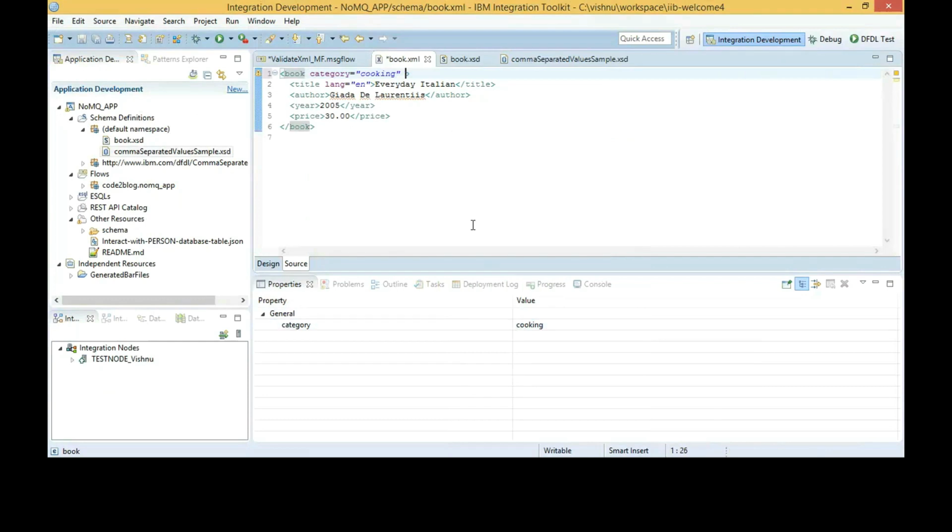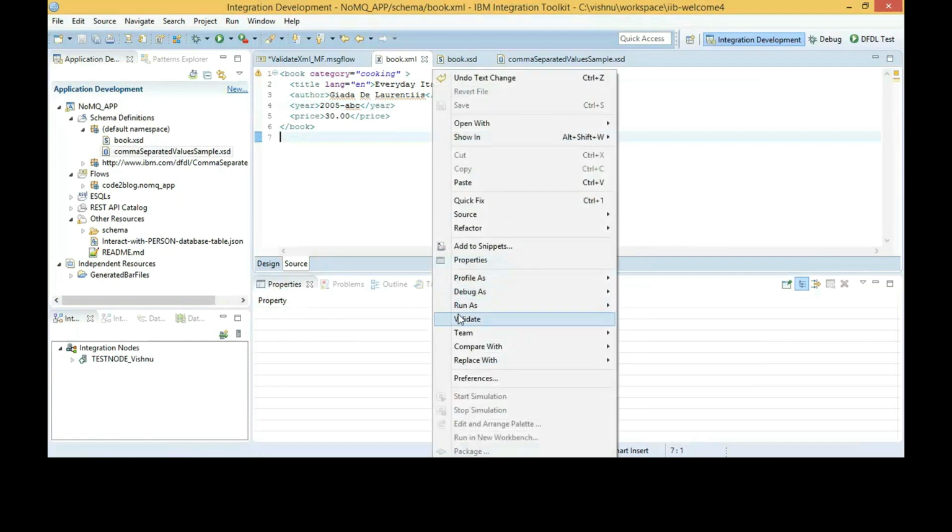When I only provide an XML file without a schema, I can validate it without errors because it is being validated against nothing.